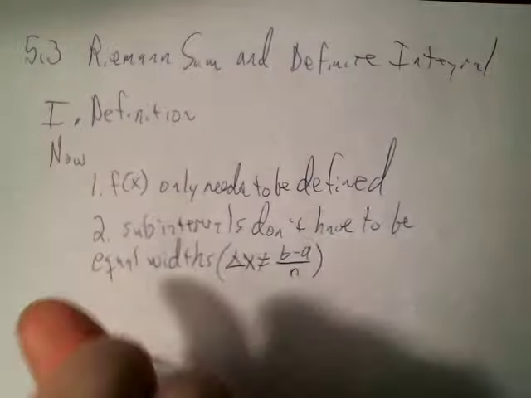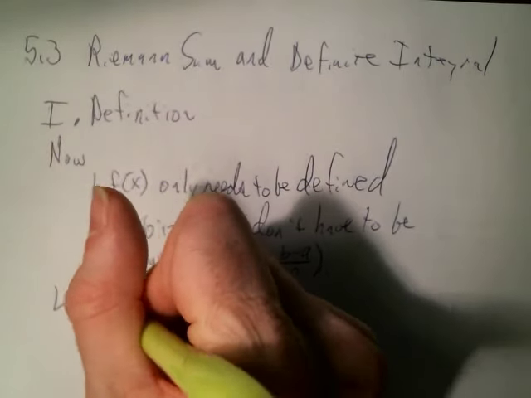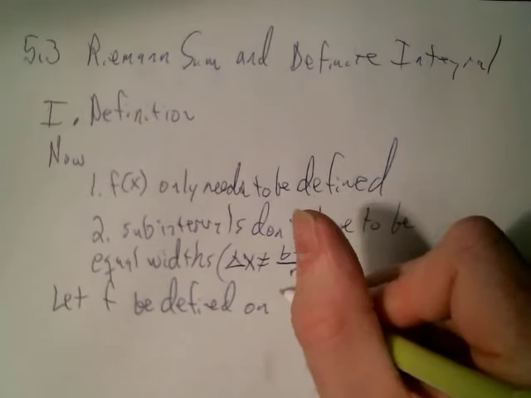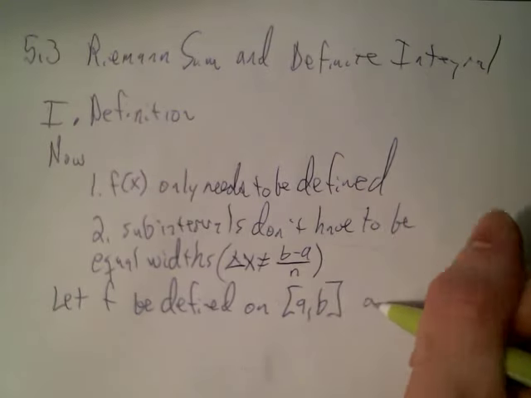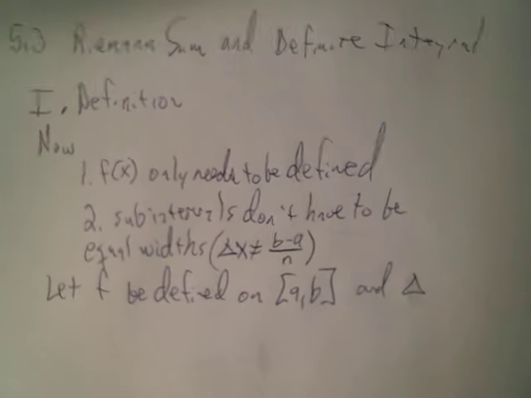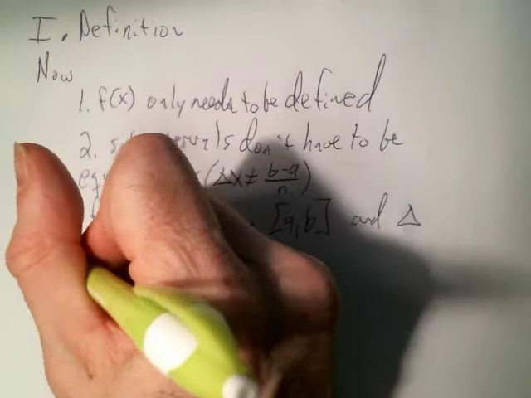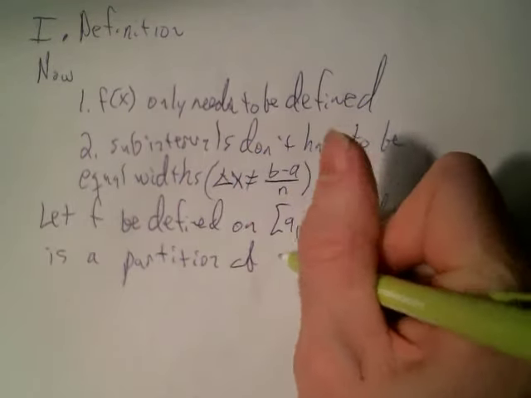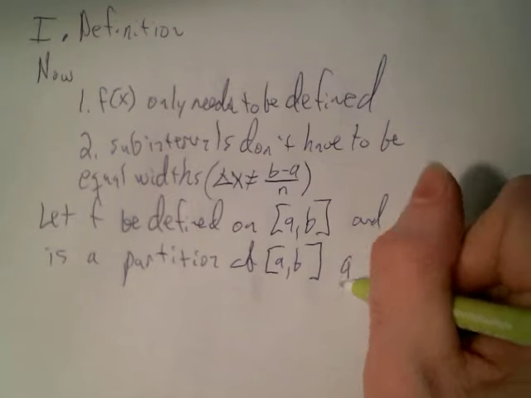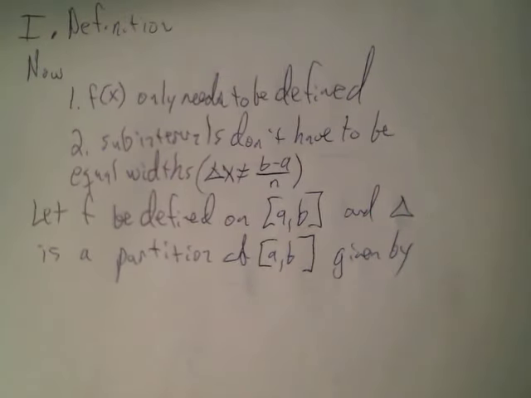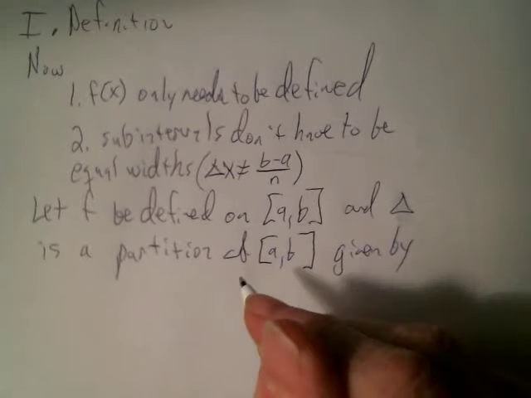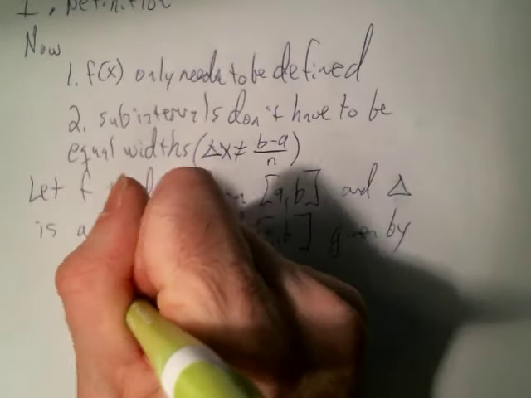Okay, so we're letting f be defined on some interval from a to b, and we introduce this thing delta called a partition of a comma b, which is basically just a way of chopping up the interval over top of which we have this area that we're trying to approximate. So delta is this partition of a to b given by